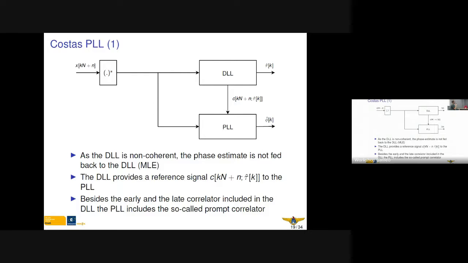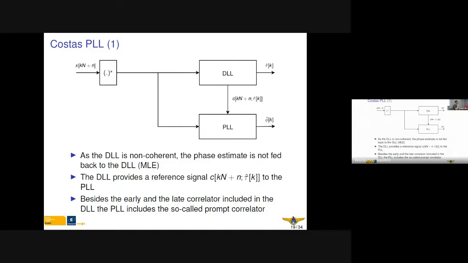So besides the early and late correlator included in the DLL, the PLL includes the so-called prompt correlator. And in this block diagram, we can see that the DLL is providing this reference signal